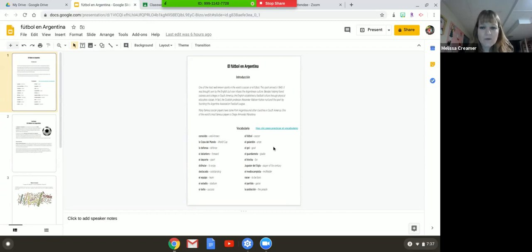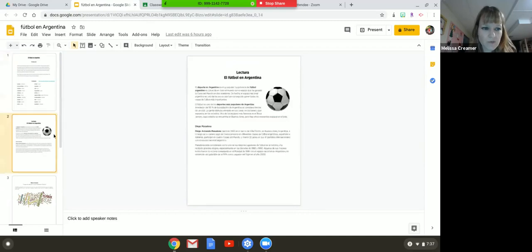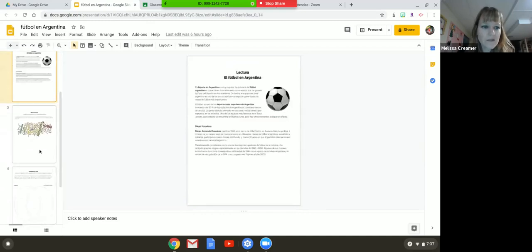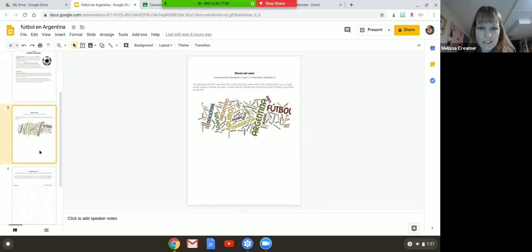And then you can keep track of who went and practiced the vocab before they do the reading assignment. So page 2 is the actual reading itself. And then I took this activity that was the Wordle activity, and I would turn this into a speaking activity